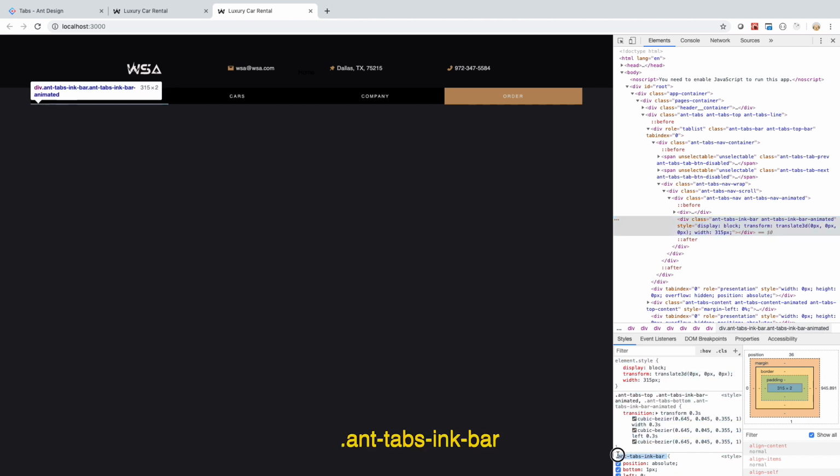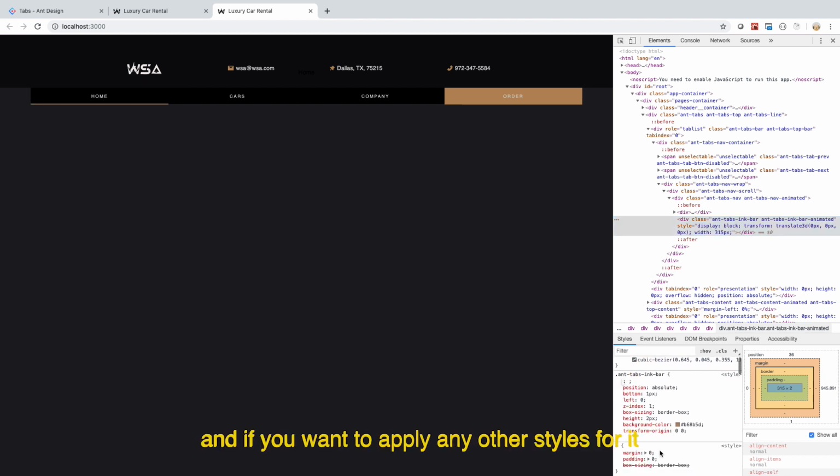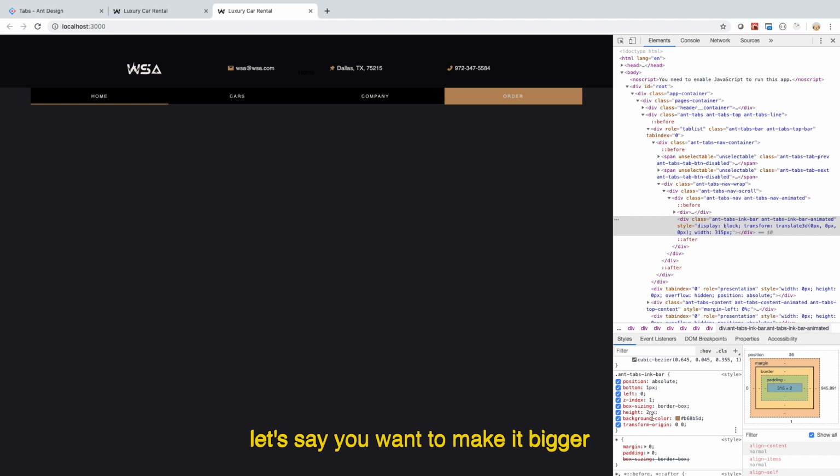Ntabs ink bar. And if you want to apply any other styles for it, like other color, or let's say you want to make it bigger, you can adjust the styles for this ntabs ink bar. I will not change anything for mine, and the only thing now that is